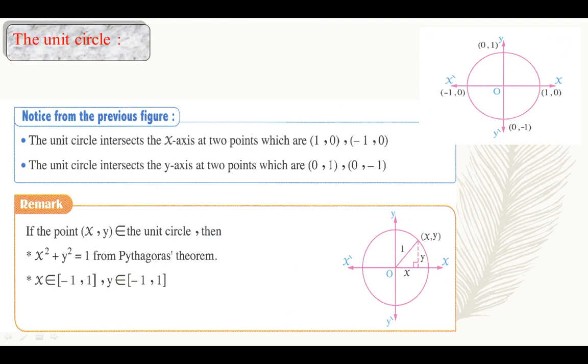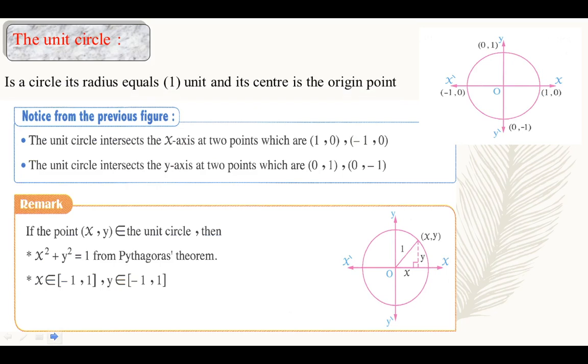Definition: the unit circle. The unit circle is a circle whose radius equals 1. So the unit circle is a circle, its radius equals 1 unit and its center is the origin point. Here in the opposite figure you can see